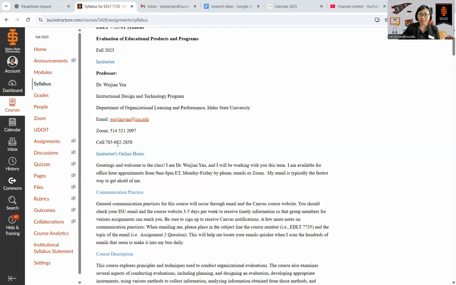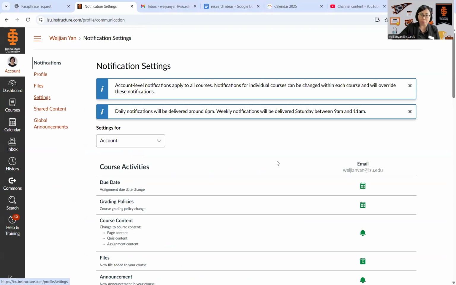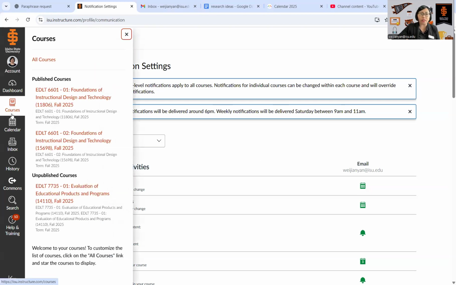As you know, from this semester, all our courses will be delivered through Canvas. So the first thing you need to do is to get familiar with Canvas navigation. First, I would like you to turn on notifications. Notification is very important because it can remind you of the due dates and also send you notifications about important announcements. So the first thing to do is to turn on notification. Then in our courses,